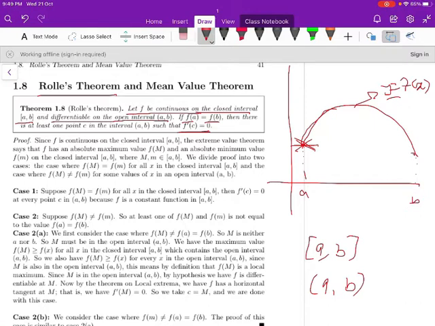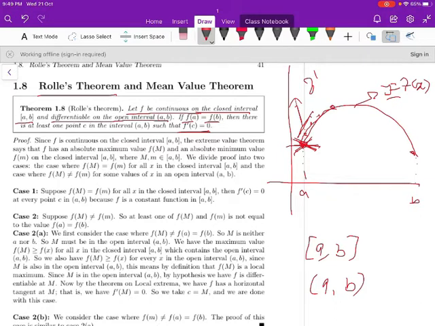So if we take any point in the open interval, we can draw a unique tangent. The tangent can be represented by the derivative, that is f' at this point. But at the endpoints we cannot draw a unique tangent. We can draw many tangents, so a unique tangent does not occur at the endpoints. Therefore the derivative exists only in the open interval (a, b).